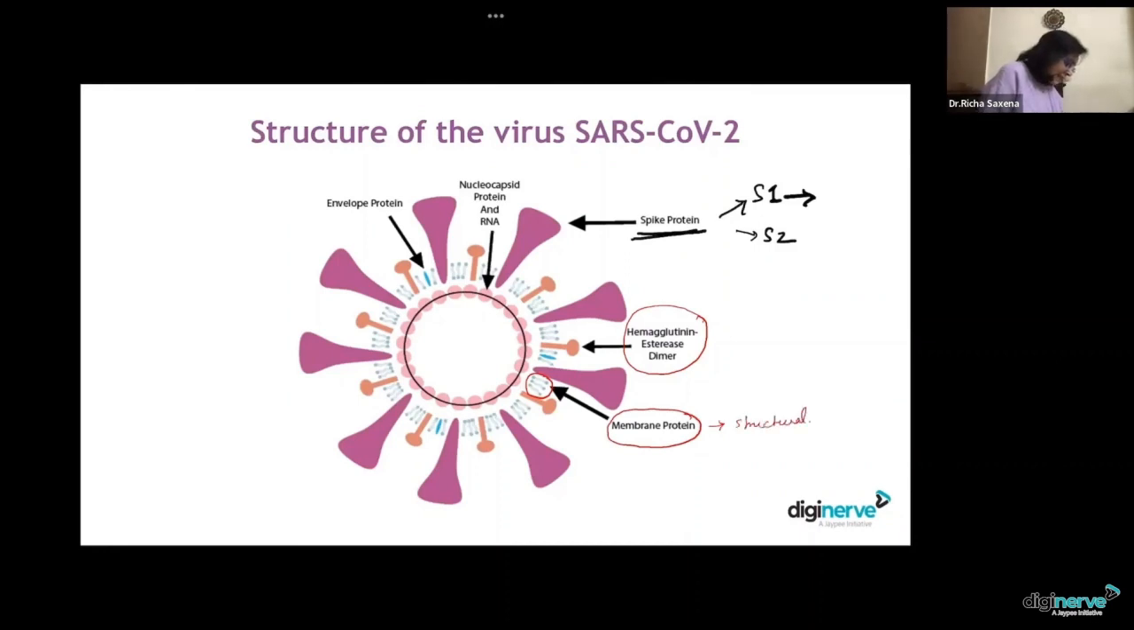Then there is this envelope protein, which is basically a transmembrane ion channel, through which the transportation may occur. And again, this is more important for pathogenesis. Plus, you have the nucleocapsid protein and RNA, and this is basically for tethering the nucleic acid component